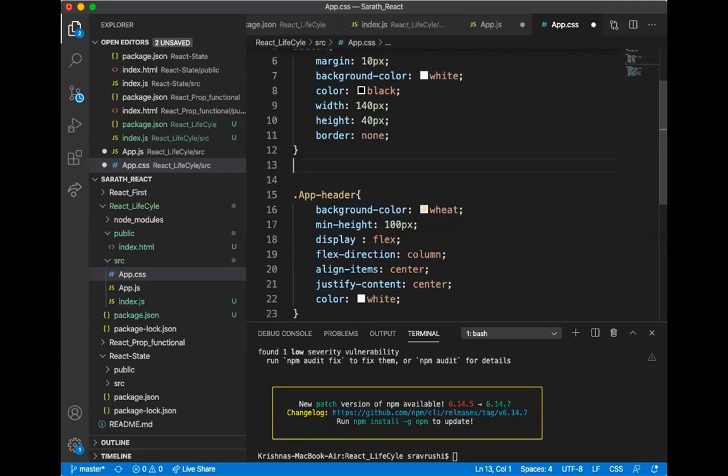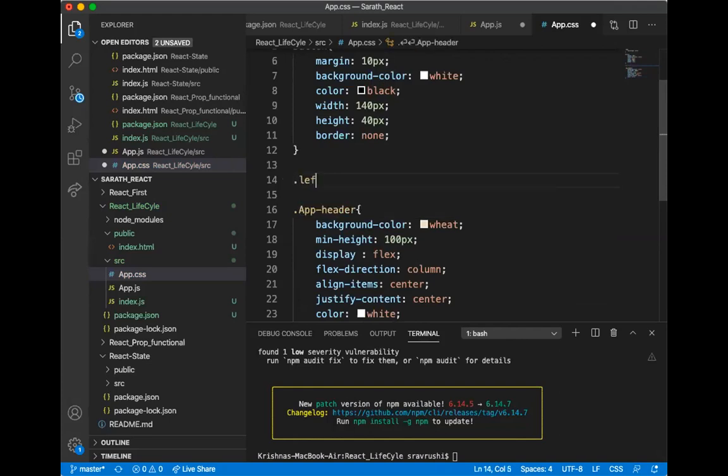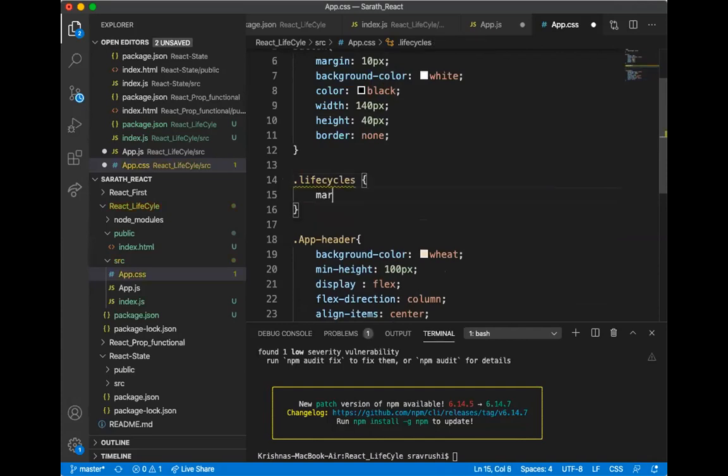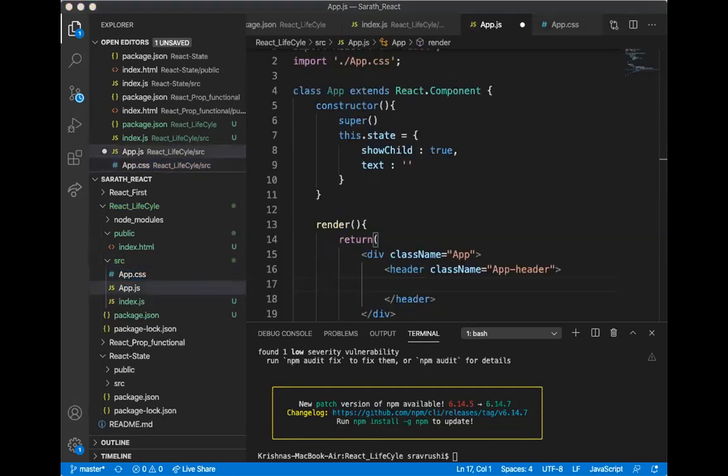So one more thing we are going to use, that is life cycles, and here we are going to use margin top. I am giving some 20 pixel. Okay. So now the thing is, in this app.js of whatever we have created up to here, I am going to take the component. So according to how the component is handling, the view should be changing. Okay, so that's what I am planning to do here.